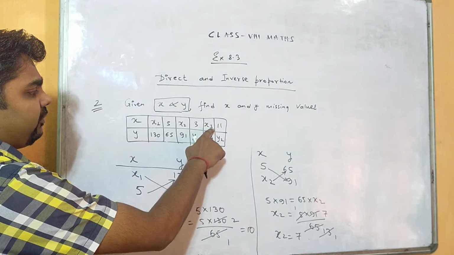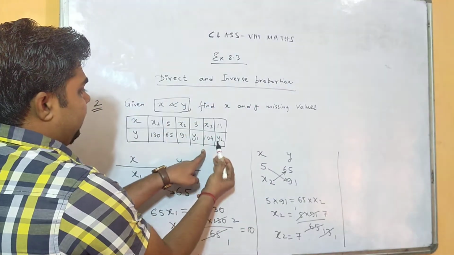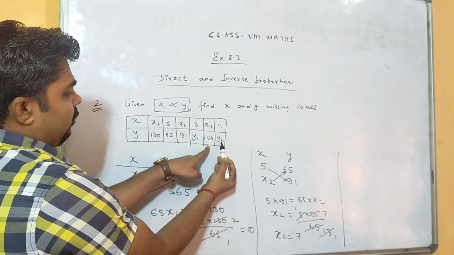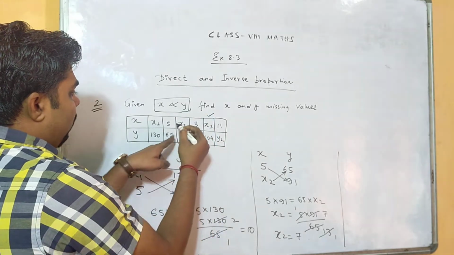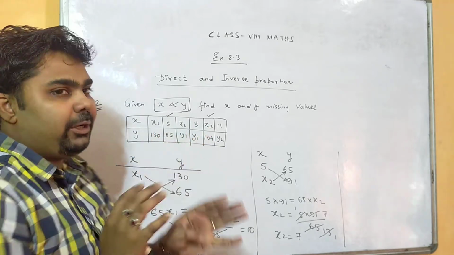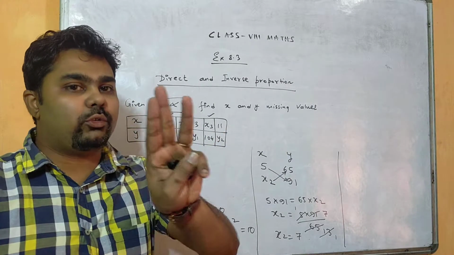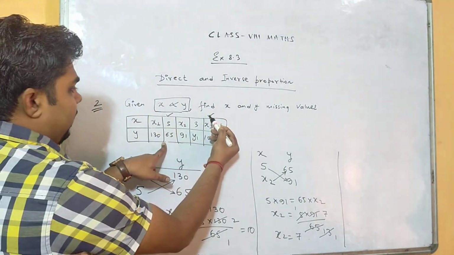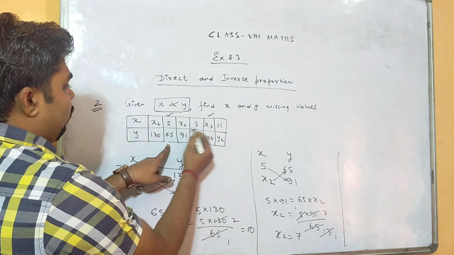Again we have to find x3. So which values will we take? You see, this one we also have to find. This is also unknown, so we will not take two unknown values. We will take the column where two values are known. Whenever you are choosing two columns here, make sure that three values are given, right? In x, here 5 and 65 are given. In this column 104 is given. That means we have to find x3. So we will consider these two columns.